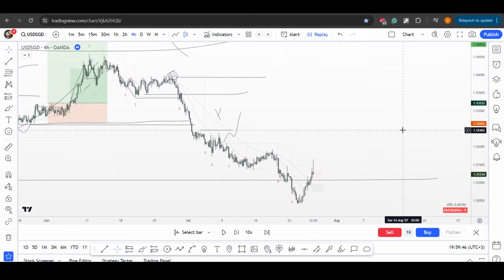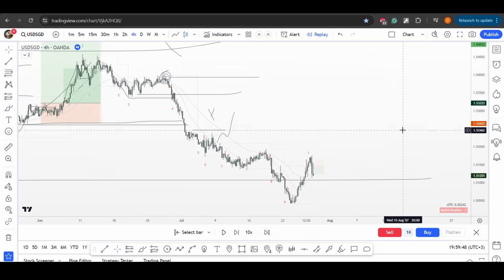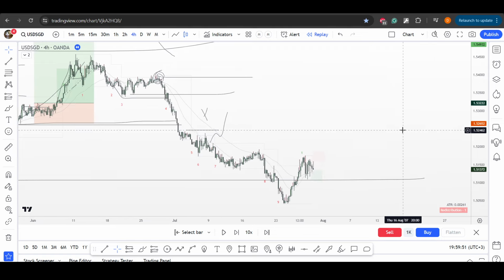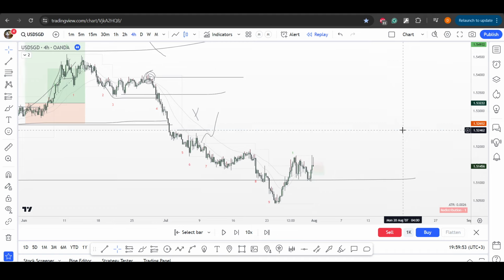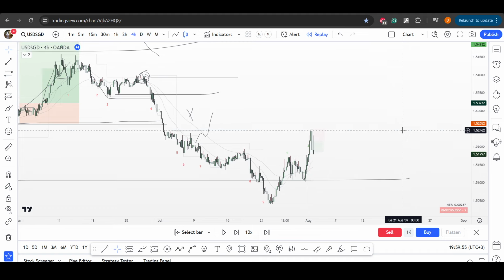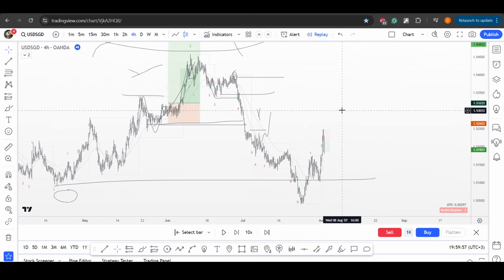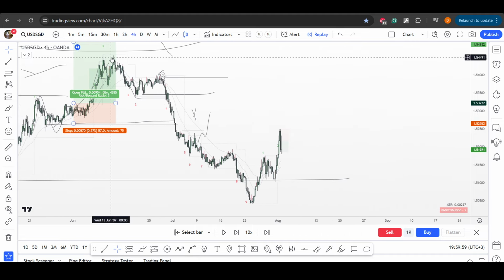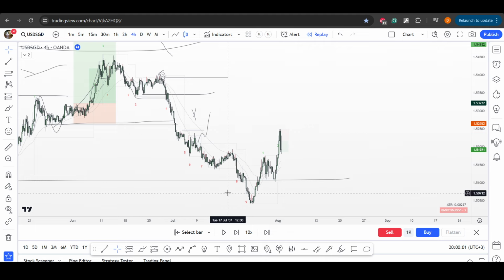Falls and falls. I want to see some kind of a pullback. Perfect. Ideally one more push to the upside. Okay, great. So right now we are in a clear swing on 4 hours. We also started to take some liquidity above these highs, and right now we are in